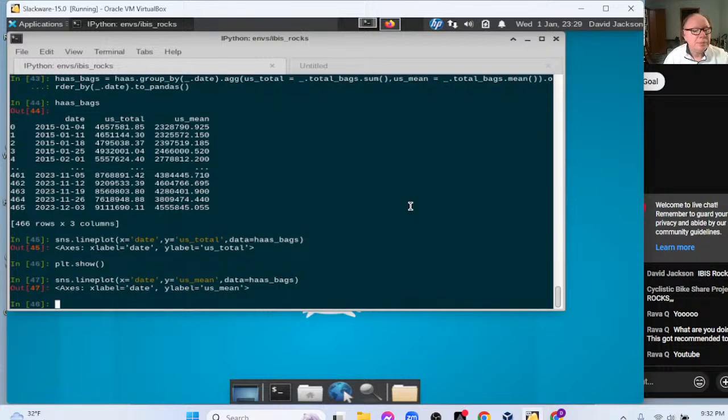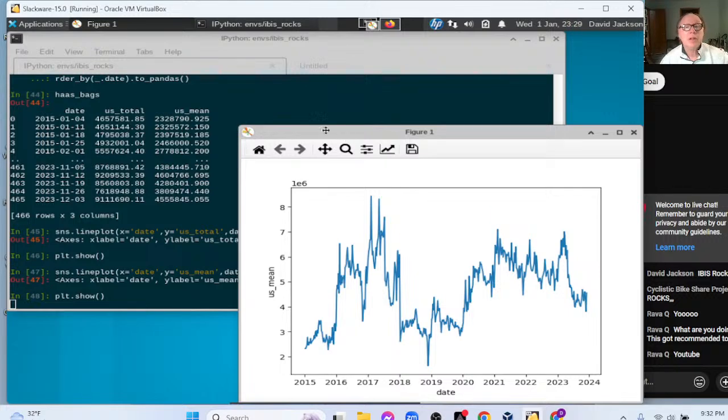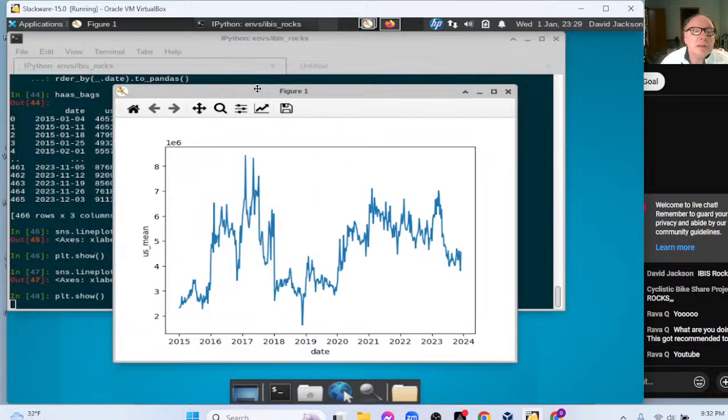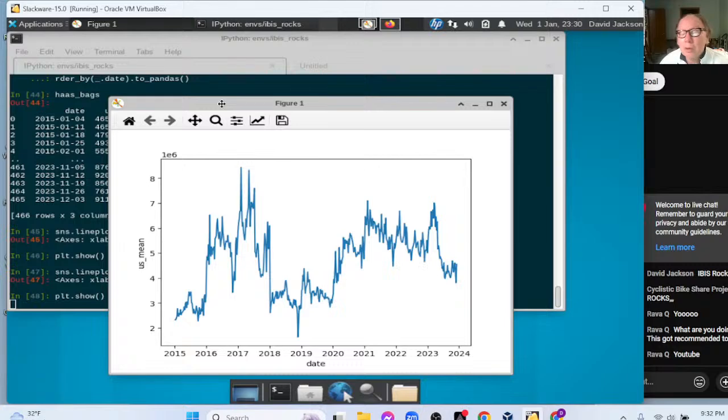Let's do one more. Let's look at mean. Okay, so this is the average number of, or maybe the average number of pounds, right? So we're looking at total bags, so this must be the average number of bags sold per day, all right?